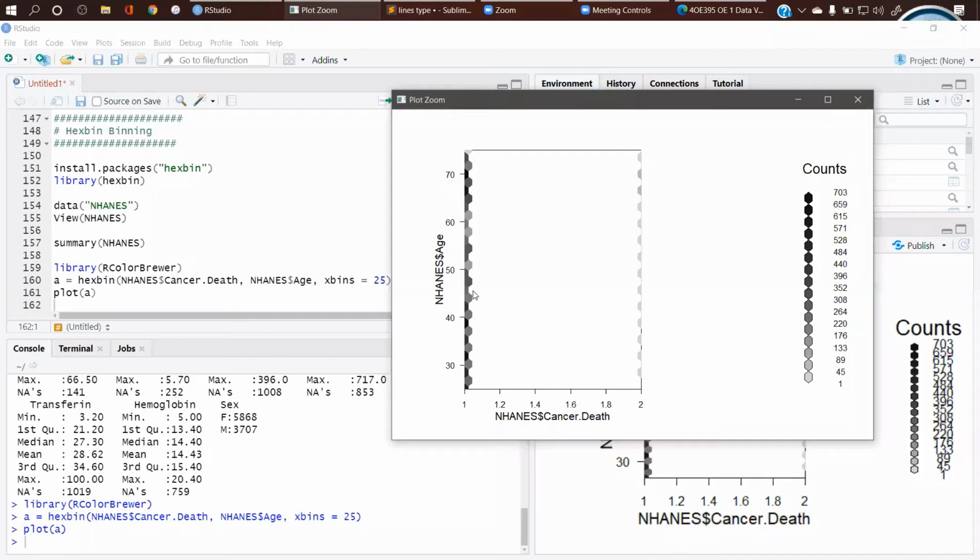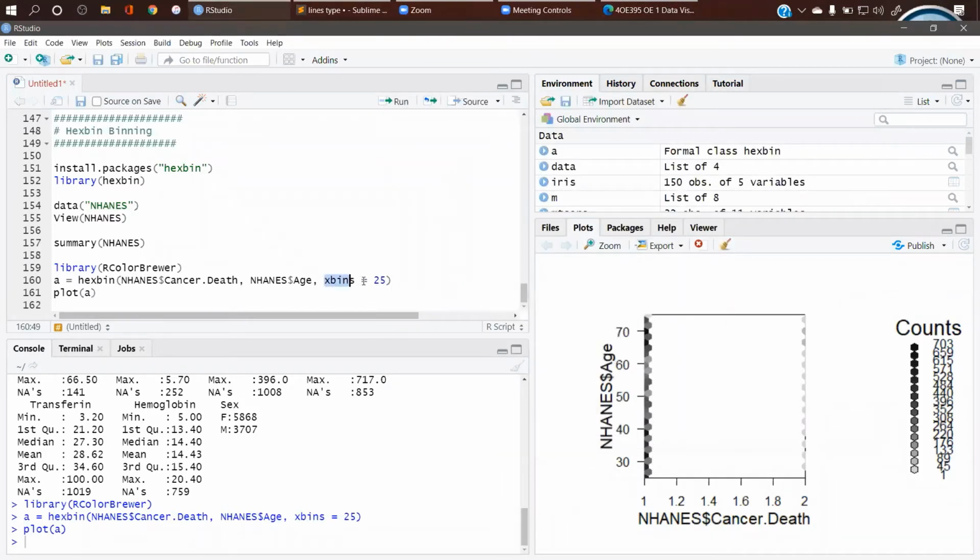So this will be your age axis, and this will be the people in thousands in cancer deaths, right? So this is how you can check with respect to x and y. You can change your number of bins also, right? So these are your bins, how many and how you want them to appear.